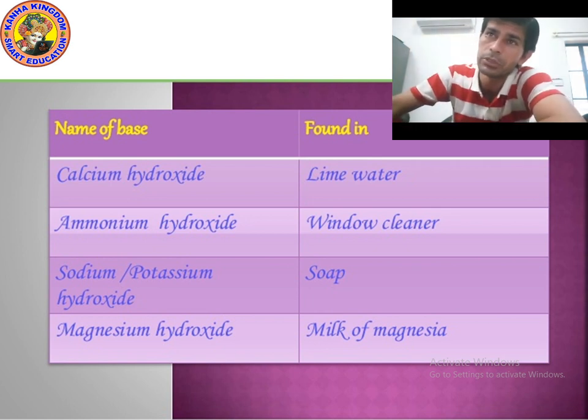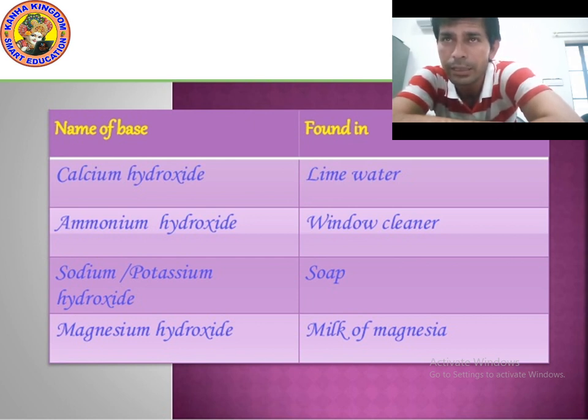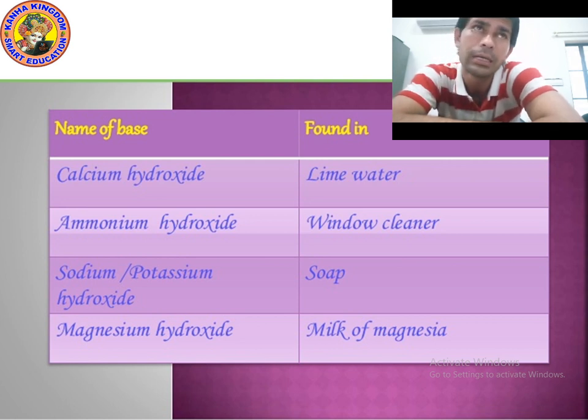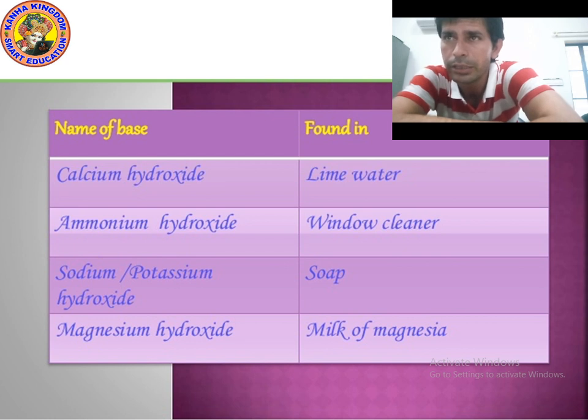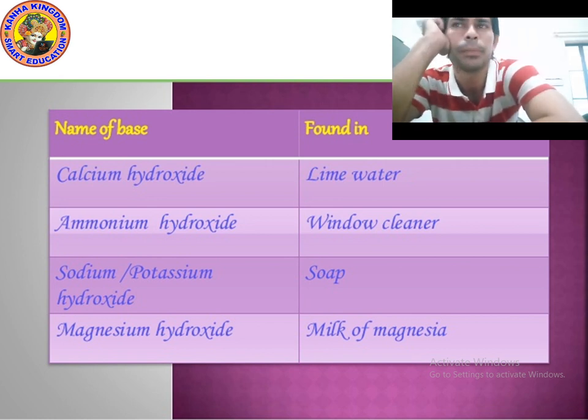You know the most commonly used indicator is litmus. It is extracted from lichen. It has purple color in distilled water. When added to an acidic solution, it turns red, and when added to basic solution, it turns blue. It will be in the form of solution or in the form of strip of paper known as litmus paper, generally available as red and blue litmus paper.